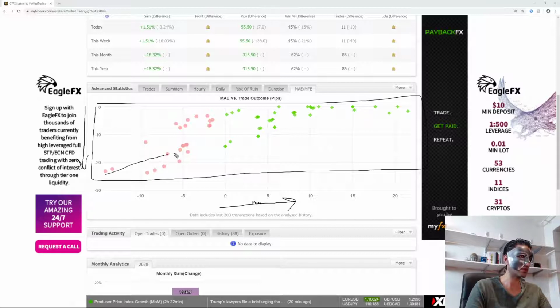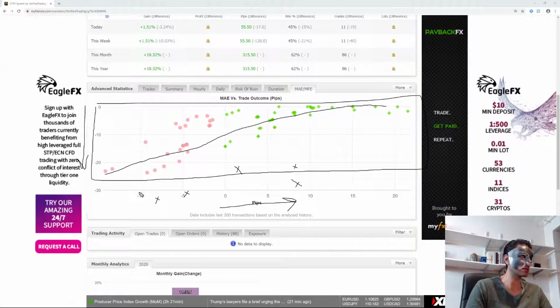Now, you want this line to be pretty solid. What you don't want is outliers all over the place, and I'm going to quickly explain why. So if you can get access to something simple like my FX book, and I will be going through this in much more detail in longer videos, but if you can get access to things like my FX book or TraderView, then you can have a look at your statistics. I'd urge you to do that.